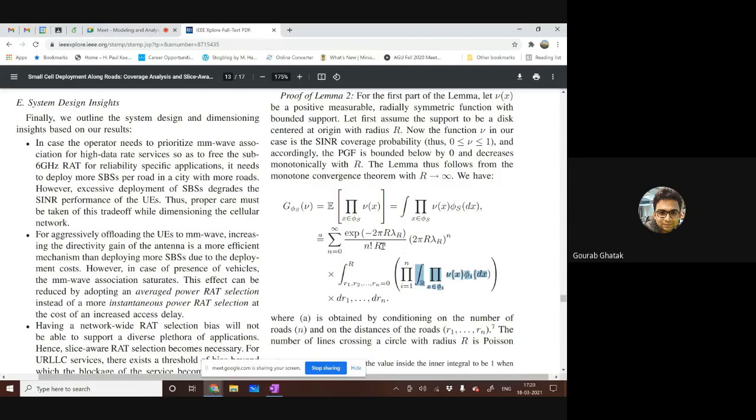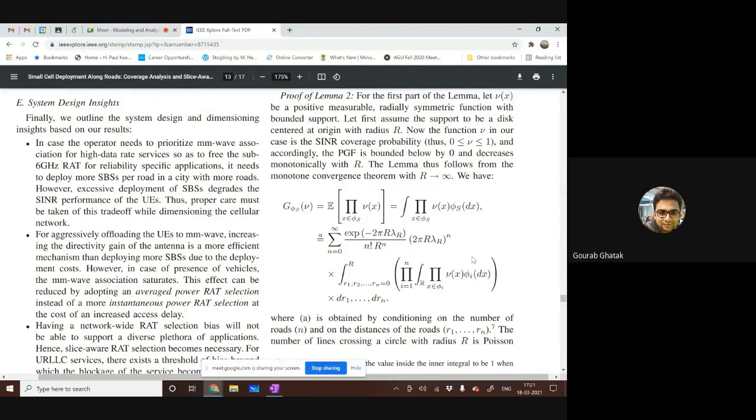We divide by capital R to the power n and average out on the possibility that there are indeed n such lines, which is, by the way, Poisson distributed with parameter 2 pi capital R. Here lambda R is lambda L, what we have been using. So the derivation of the probability generating functional of a PLCP is okay for you guys, at least the process of doing it. Of course, I will share this document, which will clarify it in rigorous terms.